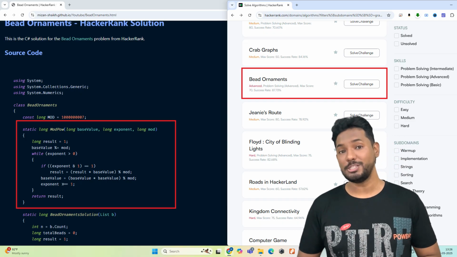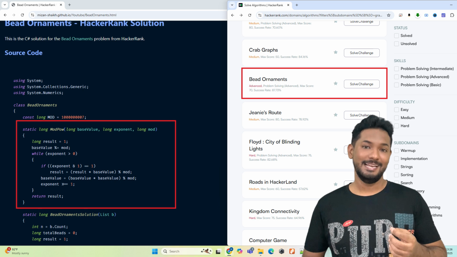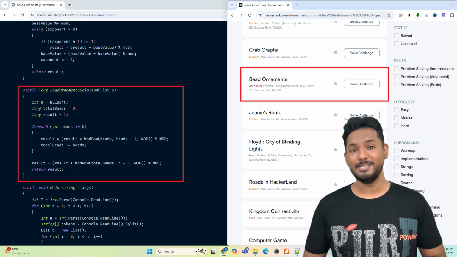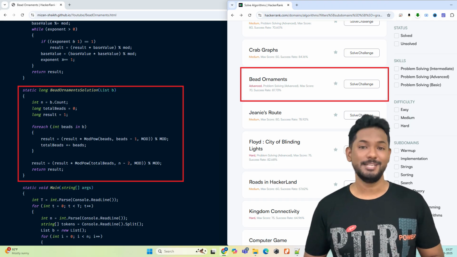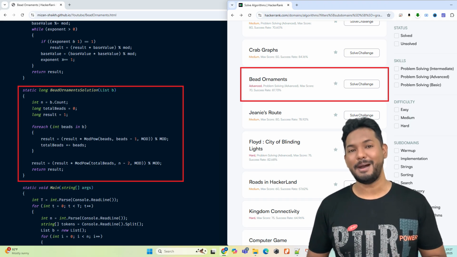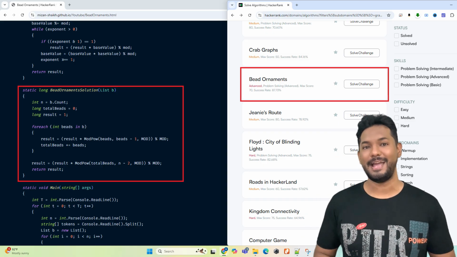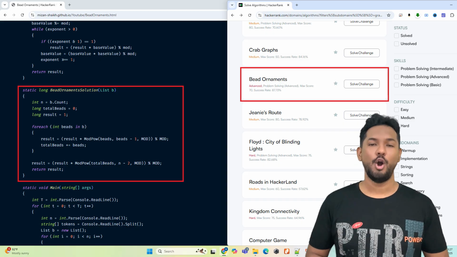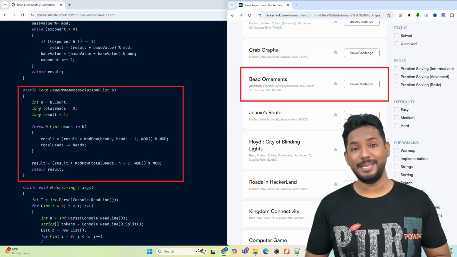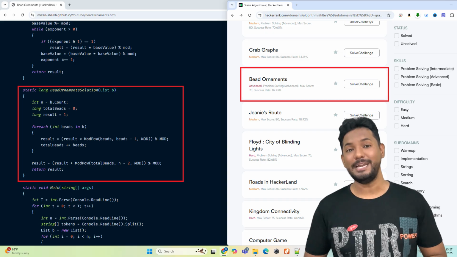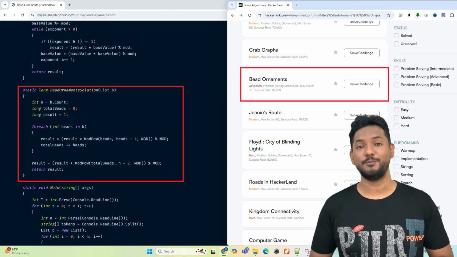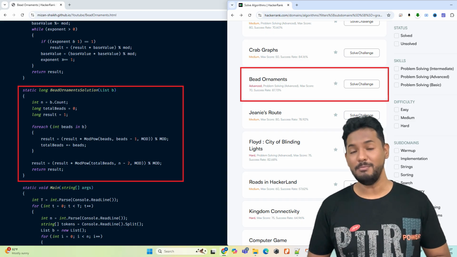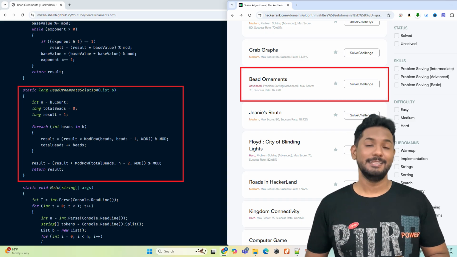Checkpoint 3, the main logic of bead ornaments. Let's look at the bead ornaments solution function. Here's where things get interesting. We kick off by determining the total number of beads we have and setting our result to one, which will hold the final count of arrangements. As we loop through each bead type in the list, we calculate the total number of arrangements for the type. For each bead type, we apply our ModPow function to compute the beads. The reason we do